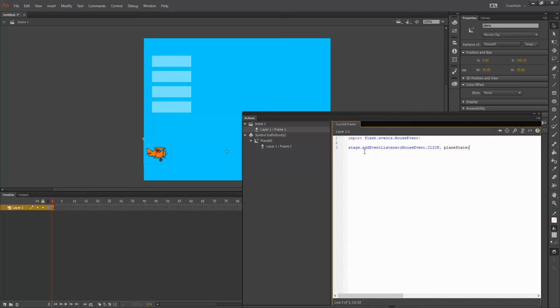Now what this listener is listening for is anytime I click anywhere on the stage, it's going to be listening for a mouse click, and once I click, it's going to call that function planeState. Now let's define what that function is going to do. The function, if I can type, function planeState,